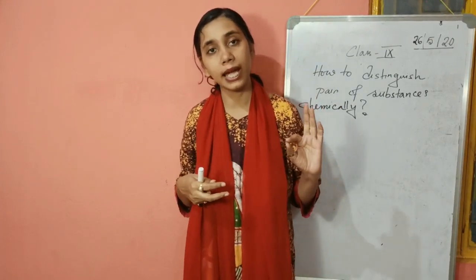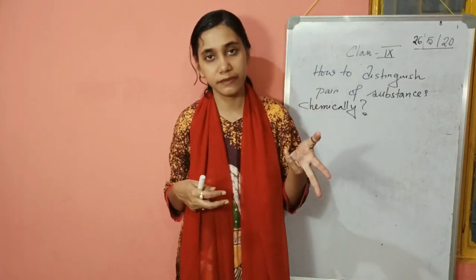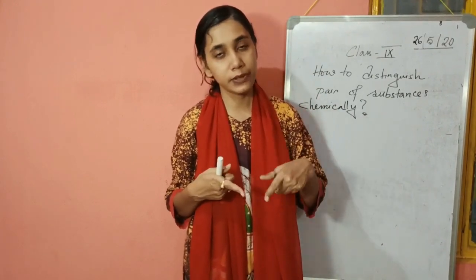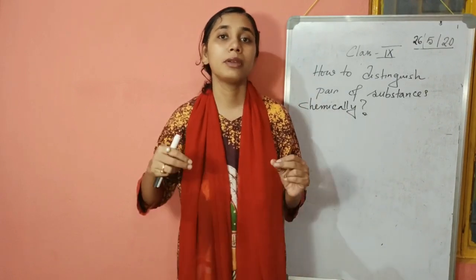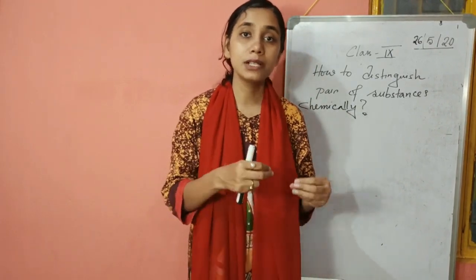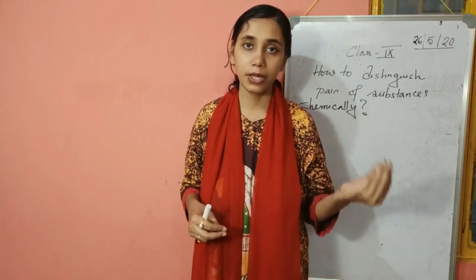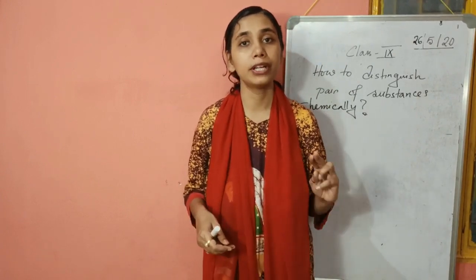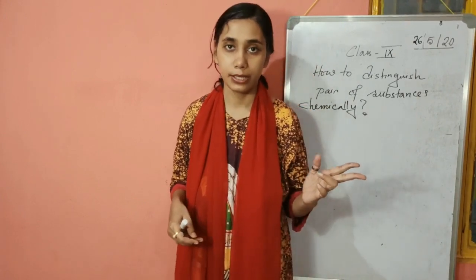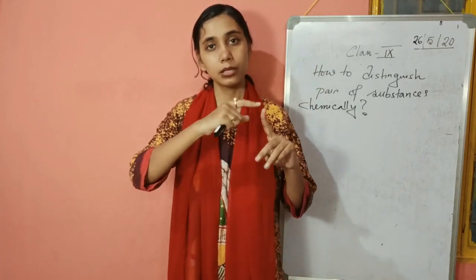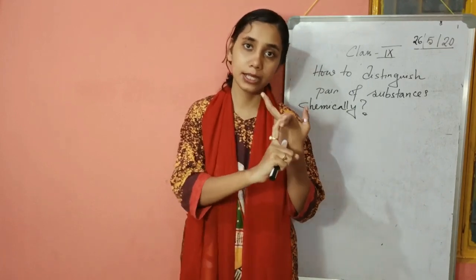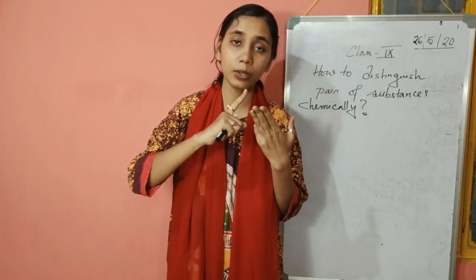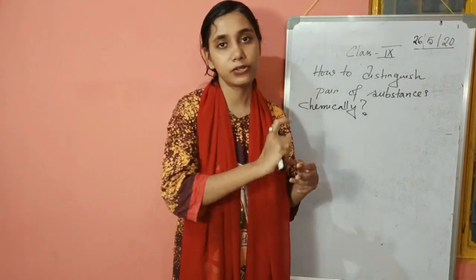So sodium carbonate and lead carbonate, suppose it is given to you. You apply heat to both of them. Sodium carbonate on heating will show no change. It will remain stable. It is stable towards heat. It will not break down into further substances on heating. But lead carbonate forms a residue which is yellow in color. So the marking will be based on the method that you are applying, that is here heating. Second is the positive test, that is the yellow color residue. Third is the negative test, that you write no change on heating for sodium carbonate.